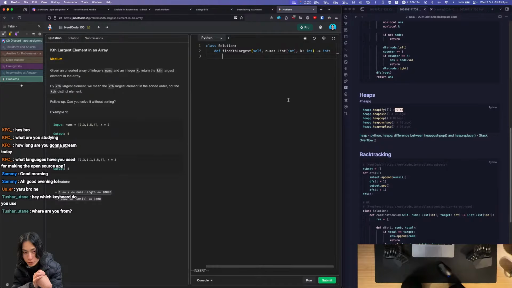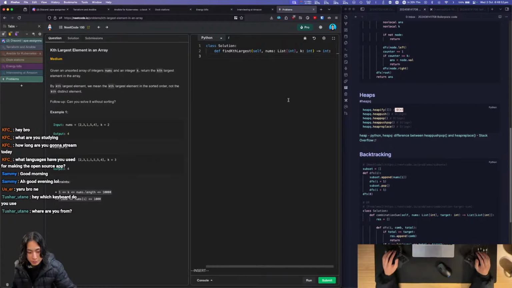But if you were to do this normally, just sorting the numbers, you might think sorted of nums, and perhaps for while k is not equal to 0 or k is greater than 1,